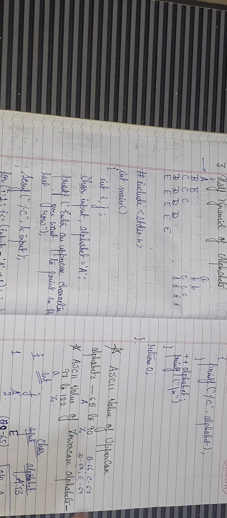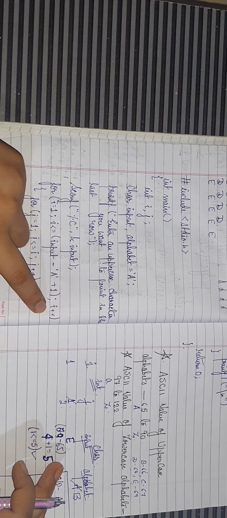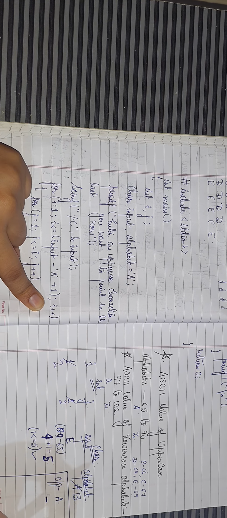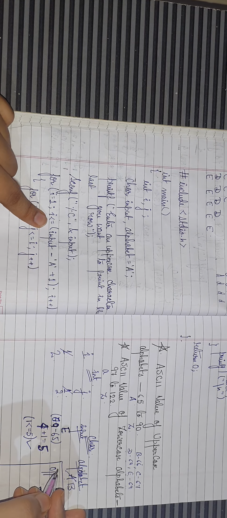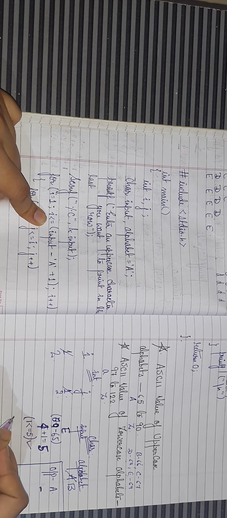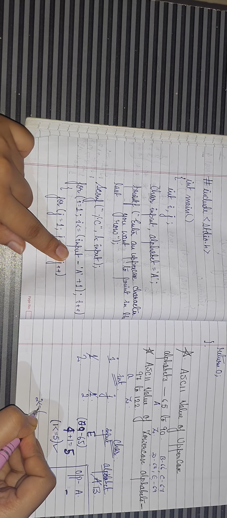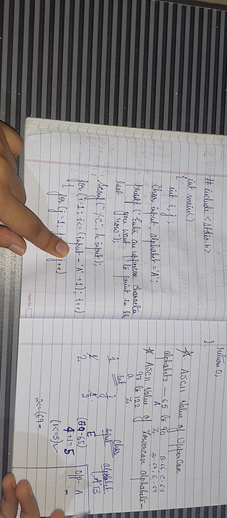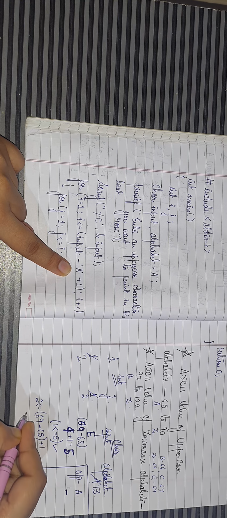So now again it will increment the value of I. As you can see here, we will increment the value of I, right? So I value is incremented to 2. Now we will check the second condition. 2 is less than or equal to input. What is that input value? It is 69 minus the a value. What is that a value? That is your 65, plus 1. So 69 minus 64, it will be 5 only.